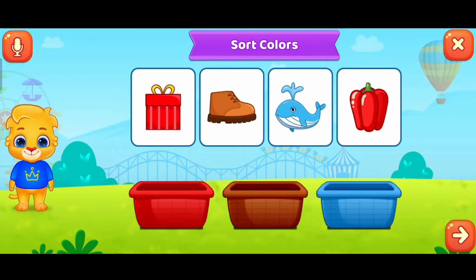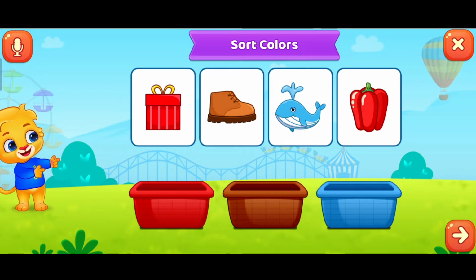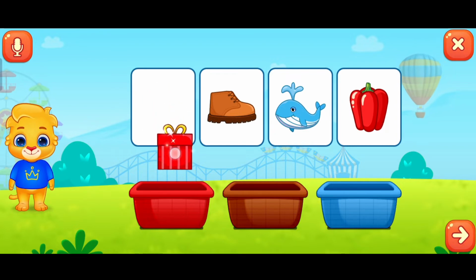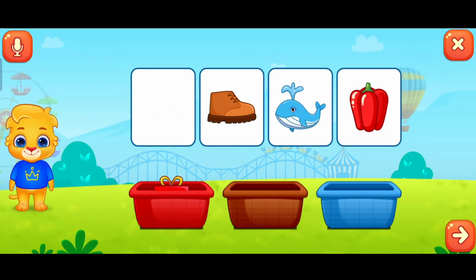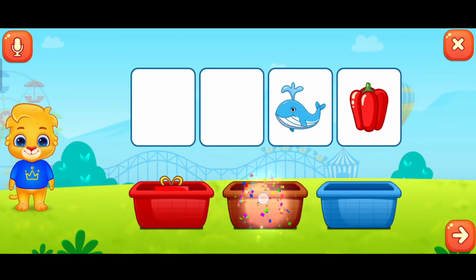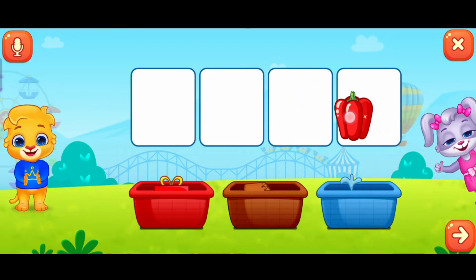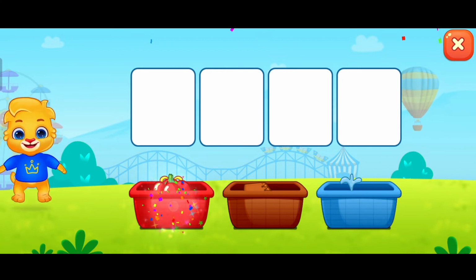Sort colors. Red, brown, blue, Well done! red,